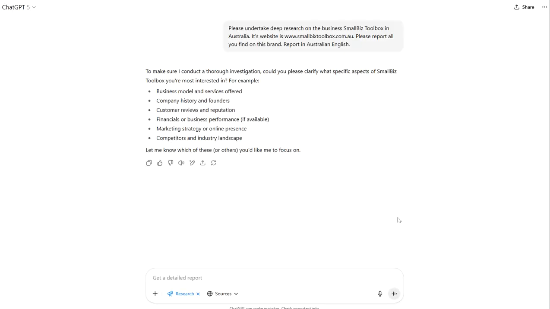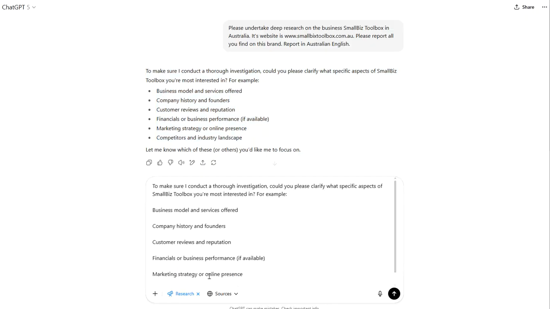Now, before it goes off and does this deep research, it asks you some questions usually. So what I tend to do is I copy their questions. I copy all that, I paste it back in here, and then in between, I put the answers. So it's asking me to make sure I conduct a thorough investigation. Could you please clarify what specific aspects of Small Biz Toolbox you're most interested in? For example, that,